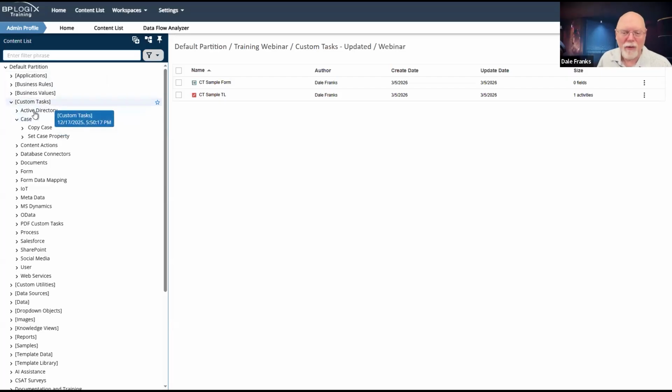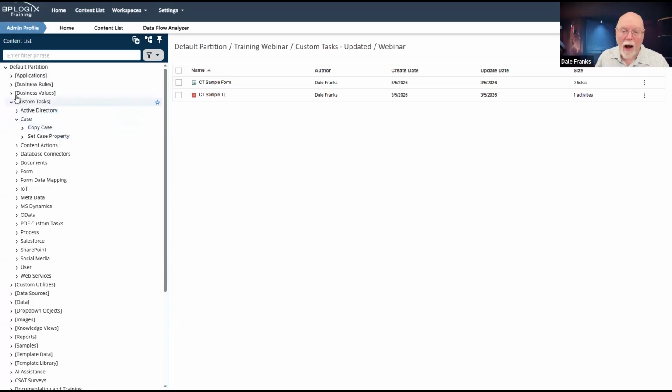And I'm going to look, first of all, to see that this folder actually exists. And if it does, then I'm going to look inside it for an object called copy case. So I have to match the names and the folder paths. So it's very important that your custom tasks are stored in the exact same place on every server.